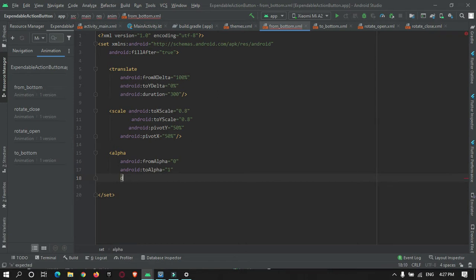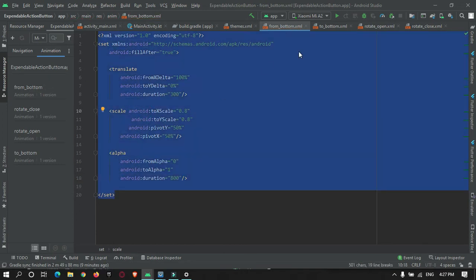The alpha duration will be 800 milliseconds. Okay, so now just copy this code and paste it into to bottom.